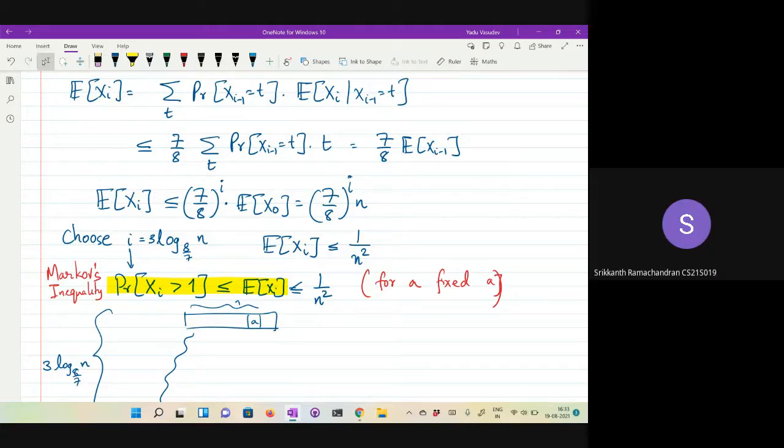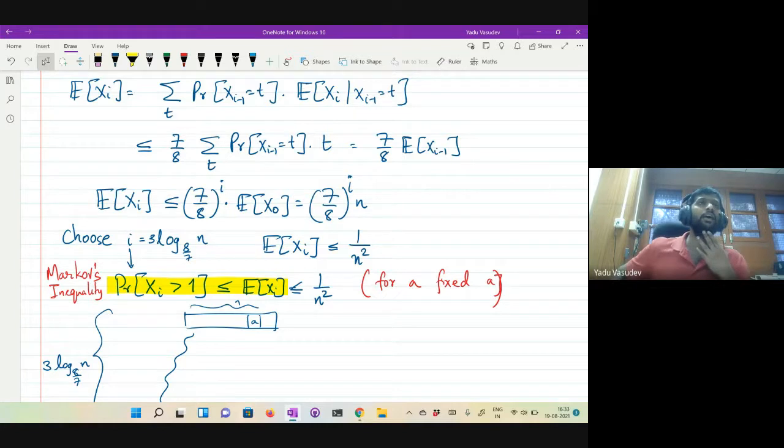The array is given to us, but our choice of pivot is random. No, that is true, but I'm saying that you might still not get a one element sized array for A, or 2 elements, 3 element sized array, for instance. Because A might be the largest element, or A might be right in the middle, as Raghu was saying.